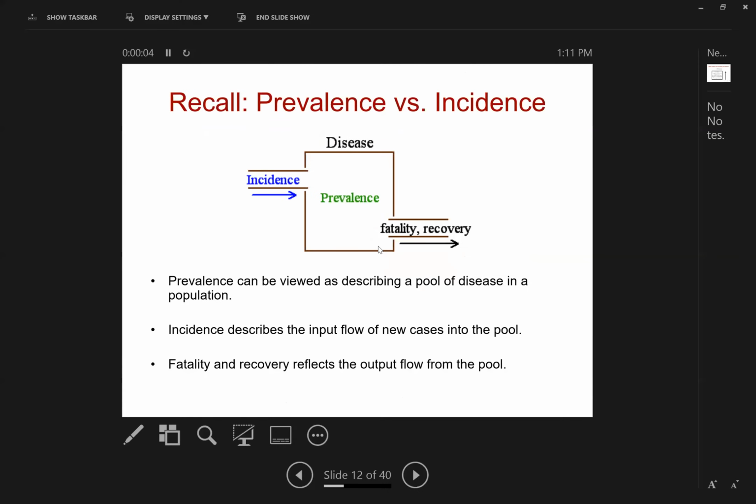Restarting the slide. So you can exit the prevalence pool through a couple of ways. One is somebody dies, they're no longer part of the prevalence pool, or they recover from the disease and they are removed from the prevalence pool. So in general, the equation is,